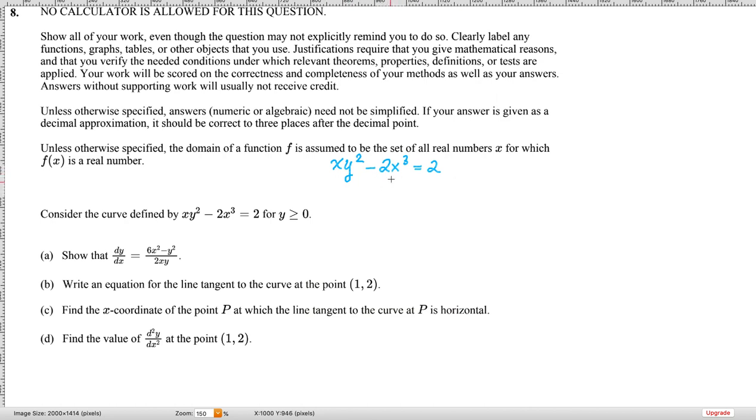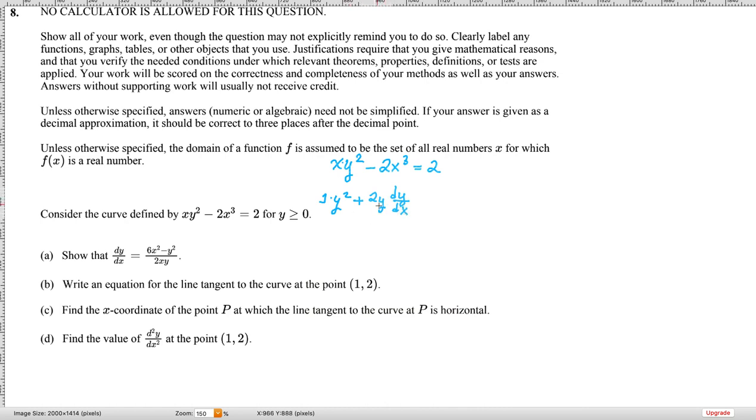Now, how do I use implicit differentiation? I take the derivative of this with respect to x, right? I want to find dy dx. And I have to realize that this here is a product. This is x times y squared. The derivative of x with respect to x is just 1 times y squared, plus the derivative of y squared with respect to x is 2y dy dx